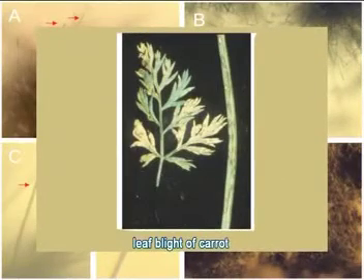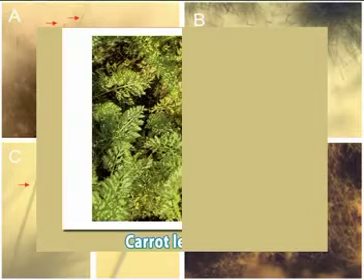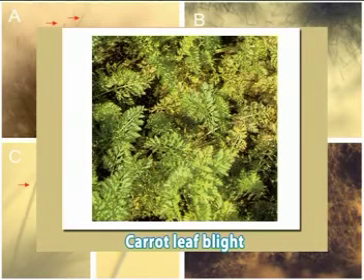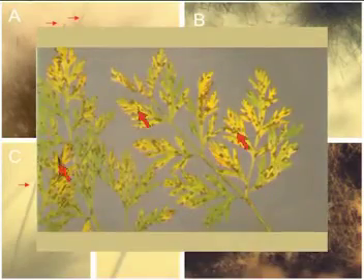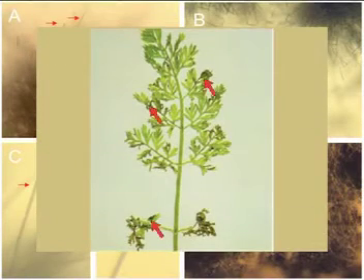Carrot leaf blight. The causative organism of this disease is Cercospora carotae. Symptoms: Cercospora leaf blight shows leaf spots which begin along the margins of the leaves and result in leaf curl. Spots inside the leaf edges are small, circular, and tan or gray to brown with a dead center. With the increase in number and size of lesions, the entire leaflet withers and dies.